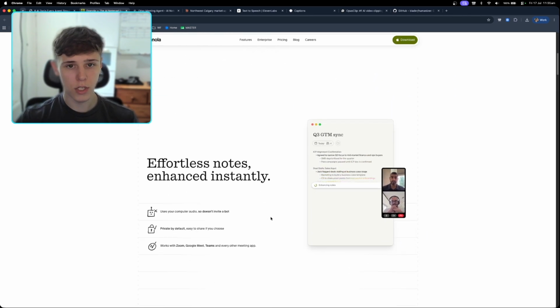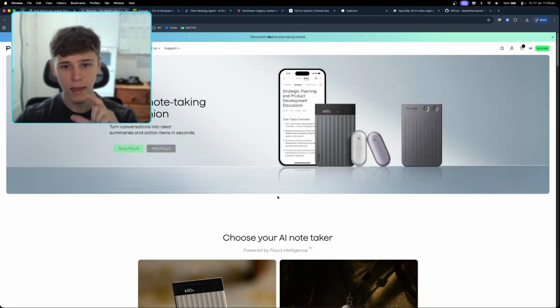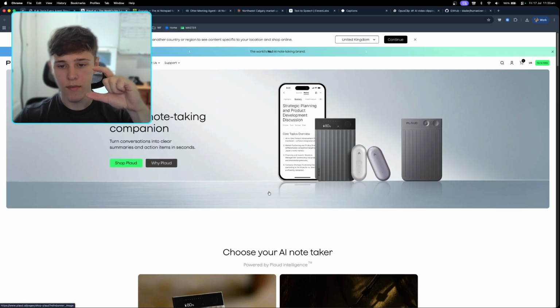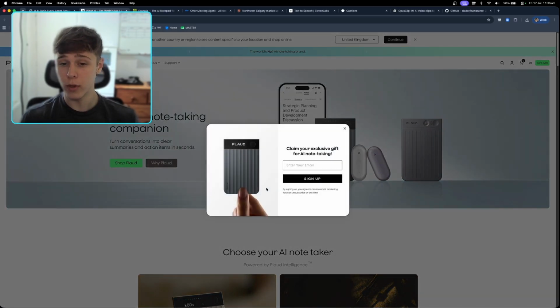So what you can do is you can actually buy, this is for Plaud, an in-person device that you take wherever you want, and then it'll actually record whenever you're having conversations, and then also use AI to transcribe everything and give you a summary of your day and who you spoke to, who needs follow-up. And if you've been doing this for 60 to 90 days where you're recording every conversation,